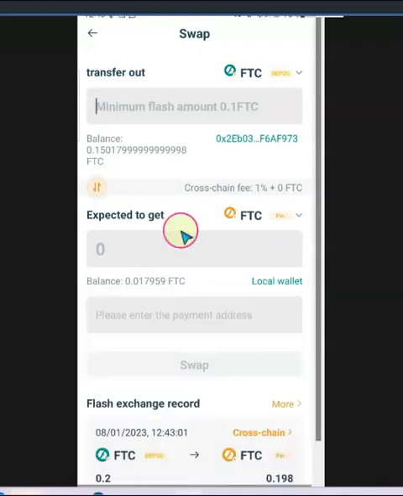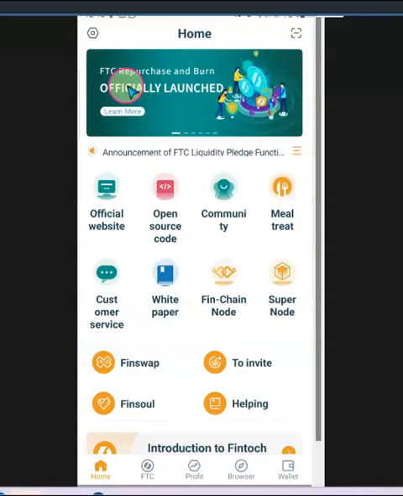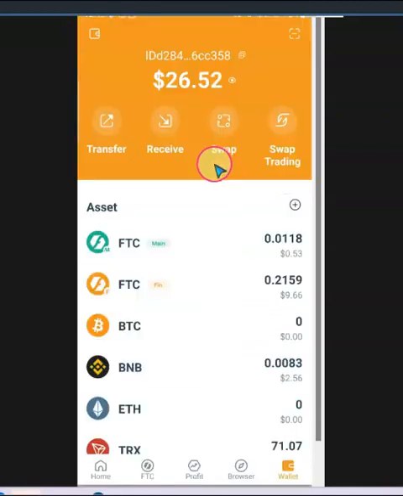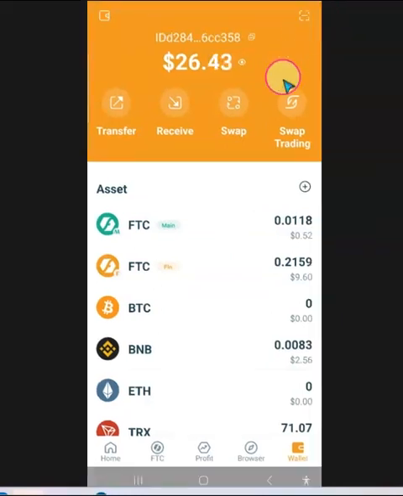So just to reiterate what I've done, I've transferred some of the BEP20 FTC to the FTC on the fin chain. So I'm going to go to the wallet to see if that is already processed, and there you have it, FTC 0.198, right? So the final step is for me to get some of this FTC on the fin chain over to FTC on the main chain, and then we can go to the pledge. Now to do that swap, I'll go back to swap at the top right here,